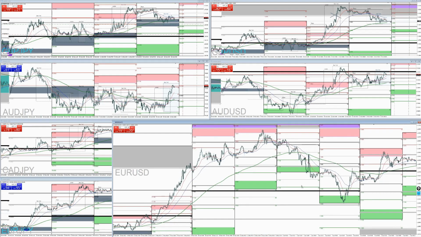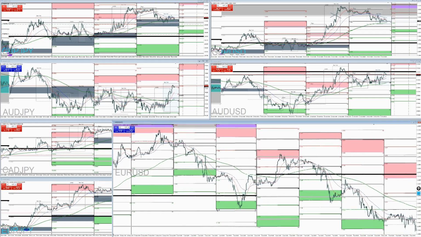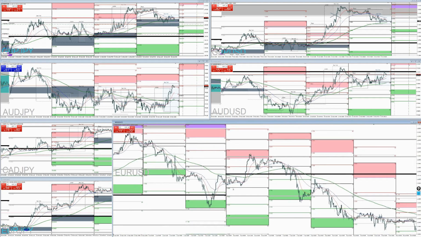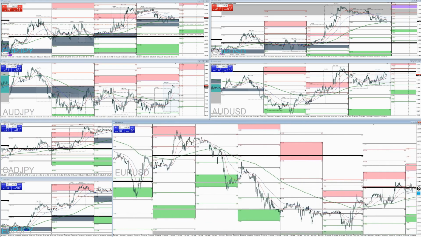Following week, no setup yet, no setup all the way through the week. Following week, looking for a setup, never got a bounce off of the M2 weekly. We did bounce a little bit off of the central, but never popped above the central pivot for the daily. Did get a bounce off the M2, never popped above the central pivot for the London or New York session, not valid.